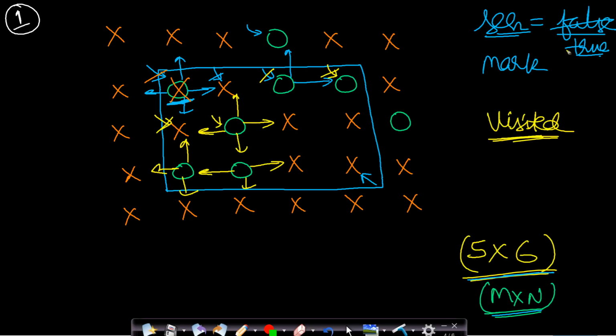So in this case, seen will be equal to false, and before making each and every call, your seen will be set to false. Okay. So in this case, since you see that seen is false, you will convert all these values to X. So you will convert them to X by calling the mark DFS function. So there are basically two DFS functions. Now you will check for the rest of the values, and all these values have now been converted to X. So if a cell is already visited, then we will not make a call. Otherwise, if it is not visited, then we will make a call only if it has a value 0.